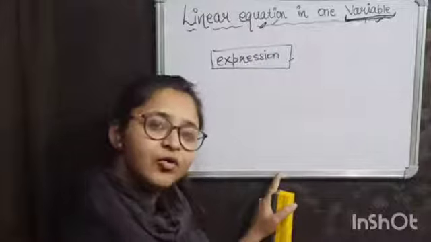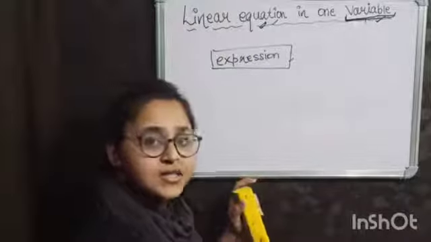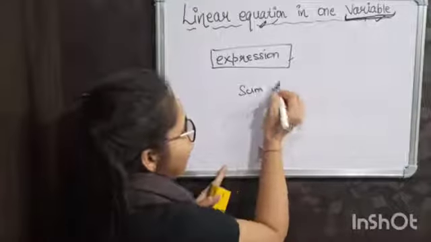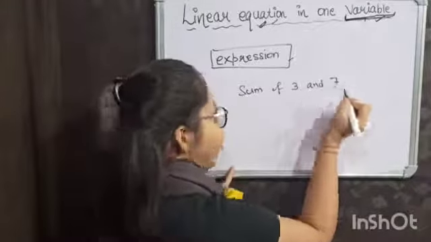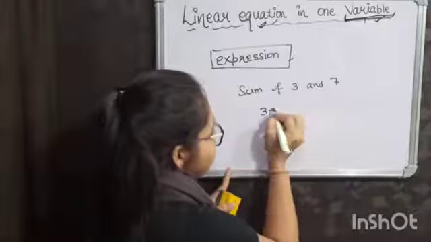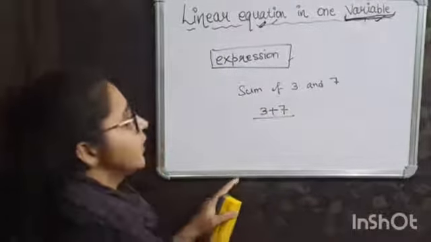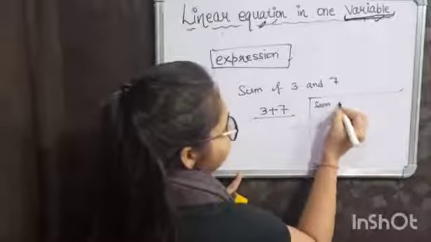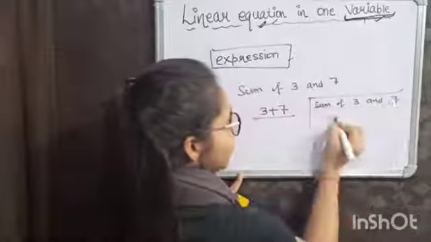If I say that sum of 3 and 7, I am giving you one sentence, sum of 3 and 7. How will you write it mathematically? 3 plus 7. Okay. Now I am giving you another sentence which says that sum of 3 and 7 equals